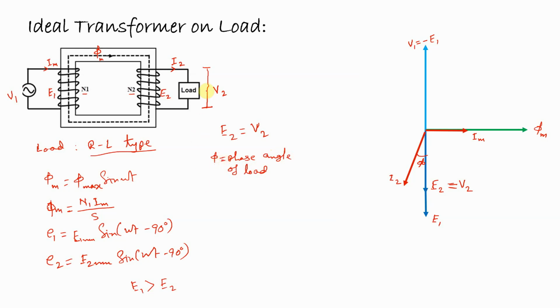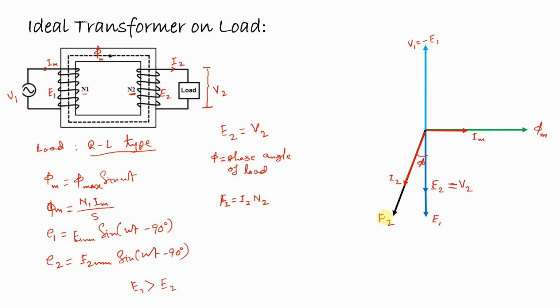Now, when this current is flowing through the secondary side of the transformer, the same current will flow through the number of turns in the secondary, that is N2. So this current will produce a magnetomotive force in the secondary side. It can be represented as F2, and it will be I2 into N2. So a magnetomotive force will be developed because of the secondary current in the transformer.